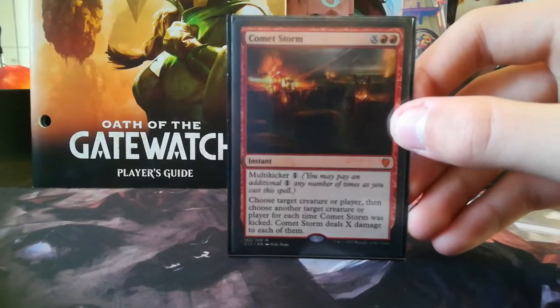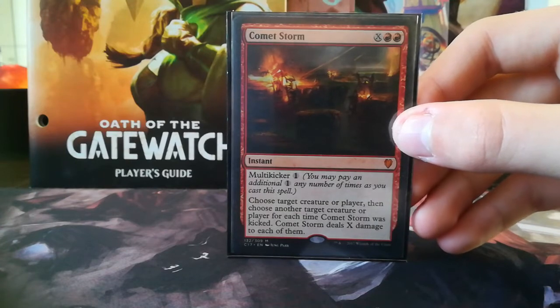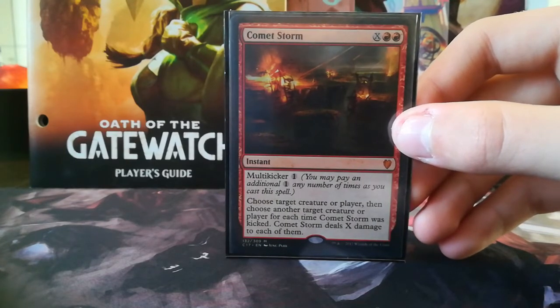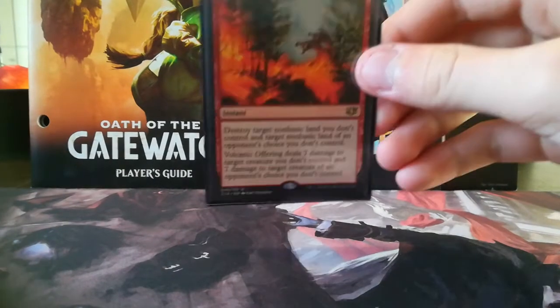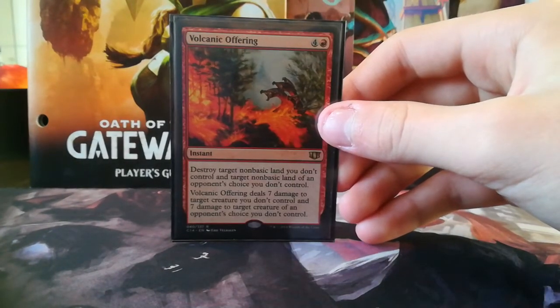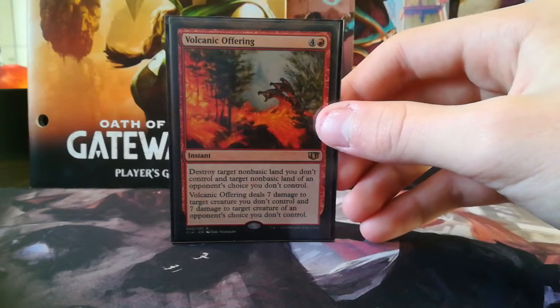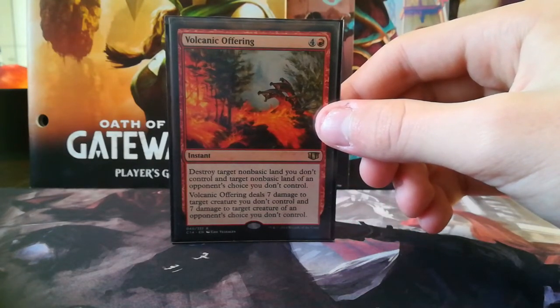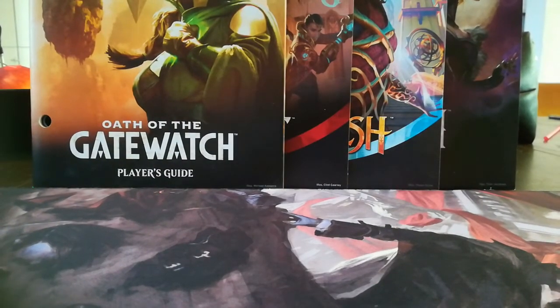Comet Storm is just a really powerful card because in this deck it will mostly just be a one-sided board wipe with a couple of damage for your opponents, so yeah. Volcanic Offering will often make people very salty. I once played it and someone said I couldn't have any pizza anymore because it was so salty. Well, especially if you conspired it and the whole table targets him, but...